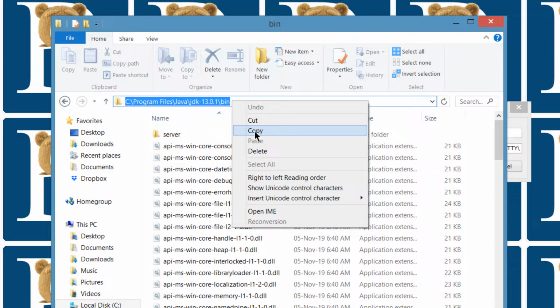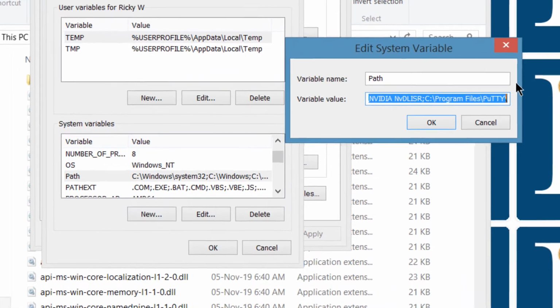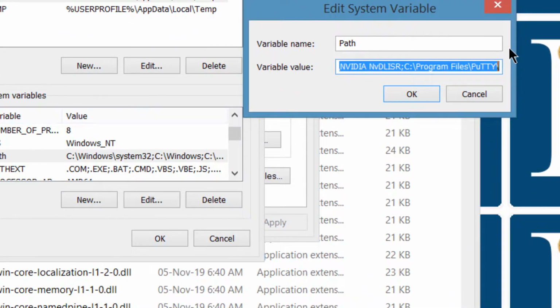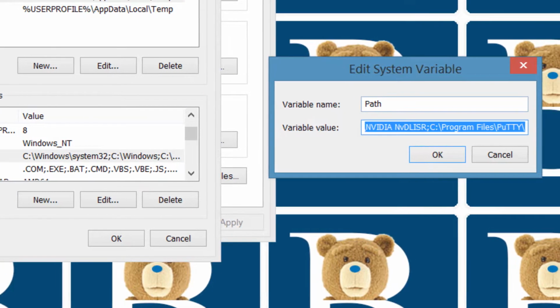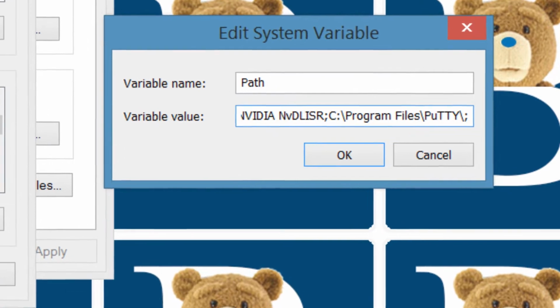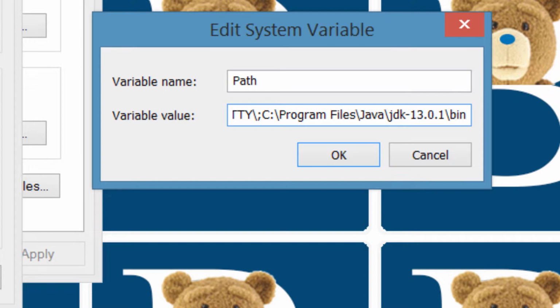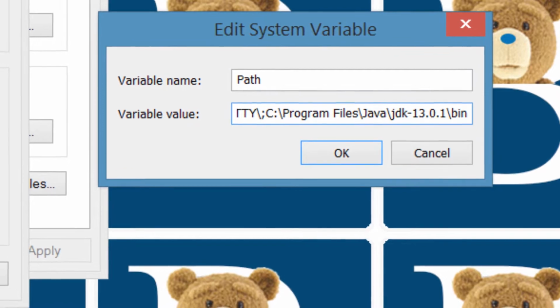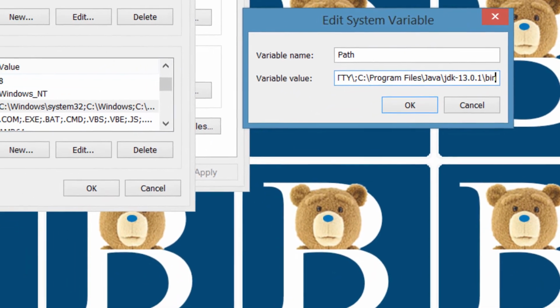So I'll just copy this path, and then come back here, and at the end of this line we'll add a semicolon and then add the path. So once you add the semicolon, just paste in the path, and you can add another semicolon so that in future if you need to add any other variables, you can just add them without adding the semicolon. In my case, I'll just click OK,